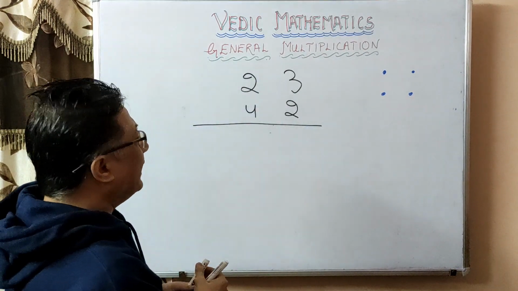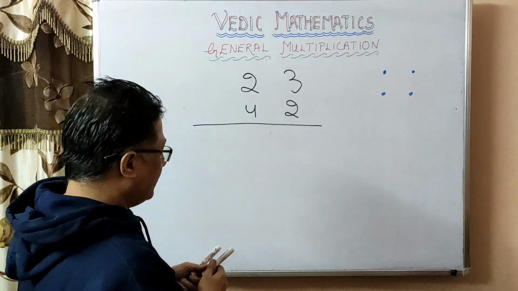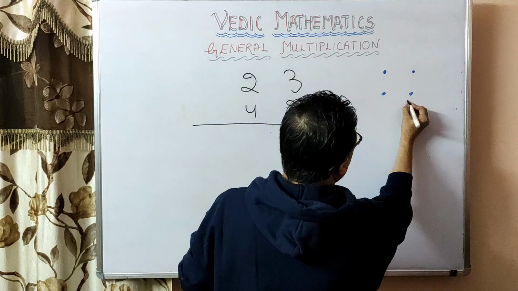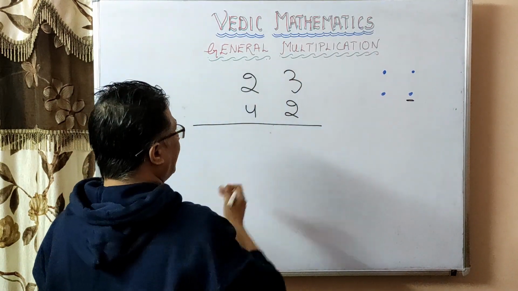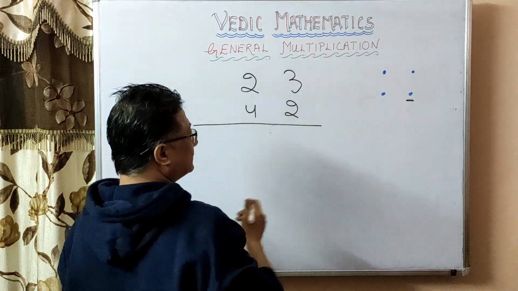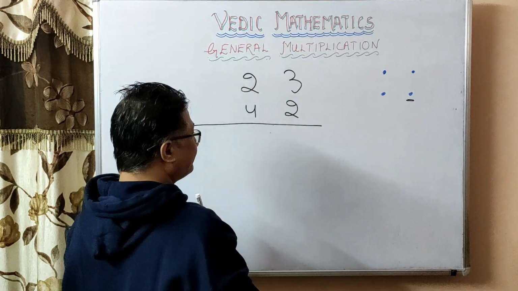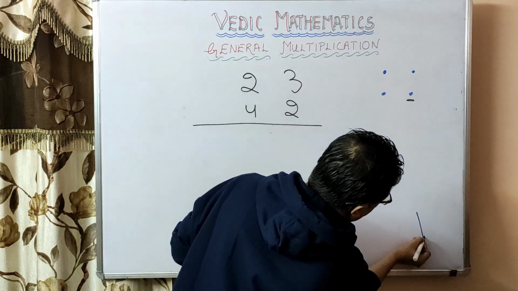So now, when we have to multiply 23 by 42, in the first step, we consider the digits at the units place. So, we consider only these. So, the first step is this, that is